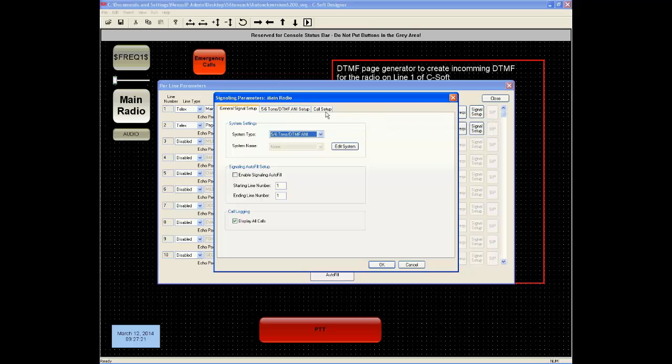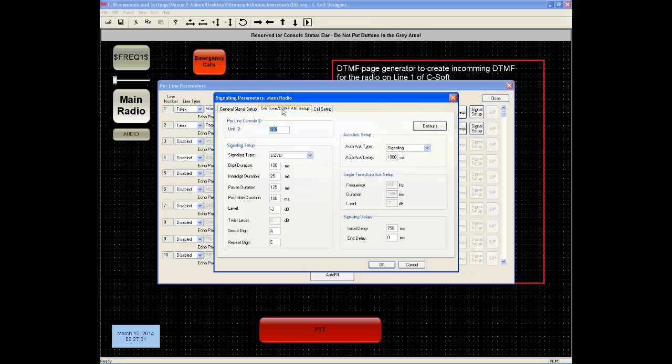So let's go to the next tab here and look at our per line console ID. Our ID is 787. The signaling types you can see here below. Make sure you take a look at that. And then the Auto Ack signaling area here. You want to make sure that this is set up for Auto Ack type signaling and an Auto Ack delay of about 1,000 milliseconds. So it gives time for the response to come back to the user,